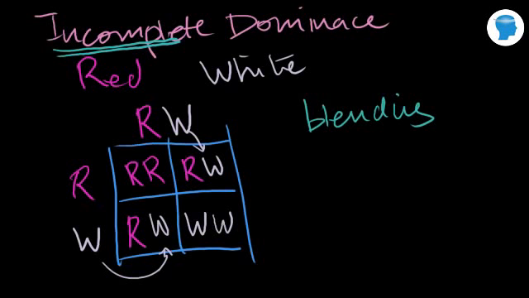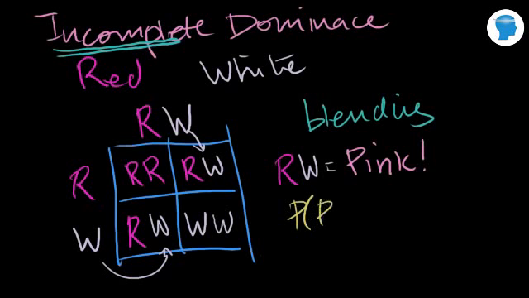But let's say that a heterozygous genotype, so let me write that down. Let's say that when you have one R allele and one white allele, this doesn't result in red. This results in pink. So this is what blending is. It's kind of a mixture of the two. So if these two plants were to reproduce, and the traits for red and white petals are incompletely dominant, or they blend, and if I were to say what's the probability of having a pink plant,